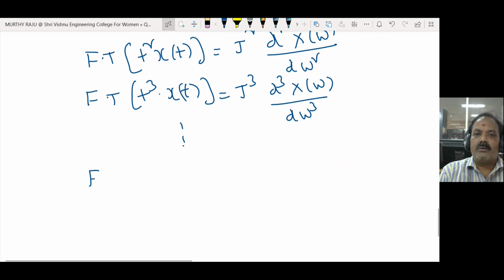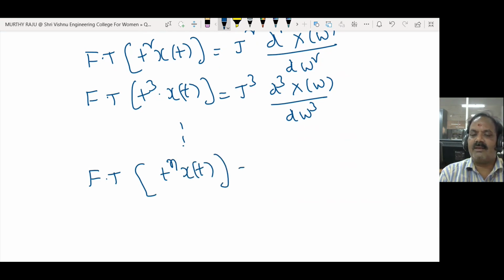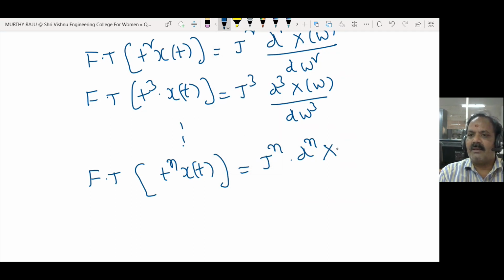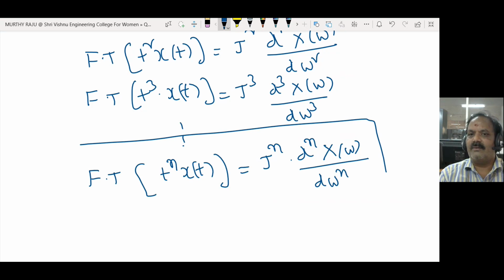Finally, the Fourier transform of t power n x of t is equal to j power n d power n X of omega by d omega power n. This is another formula of Fourier